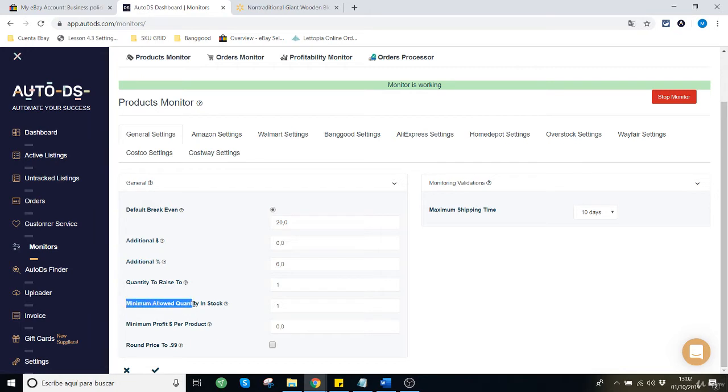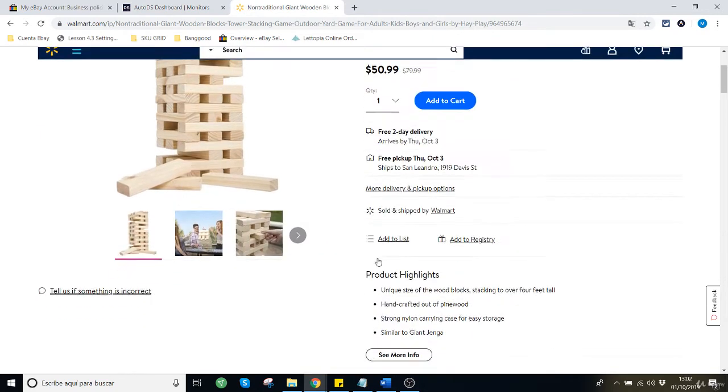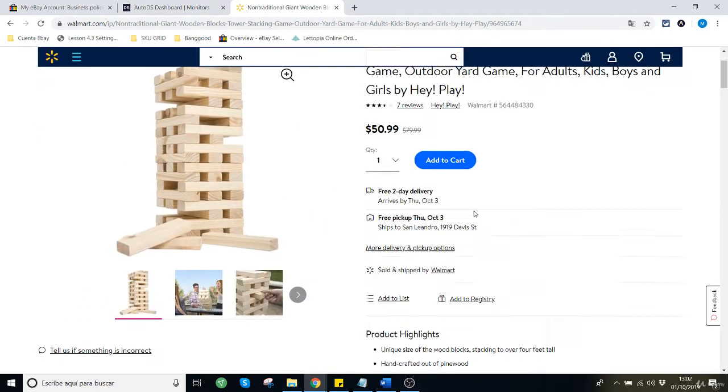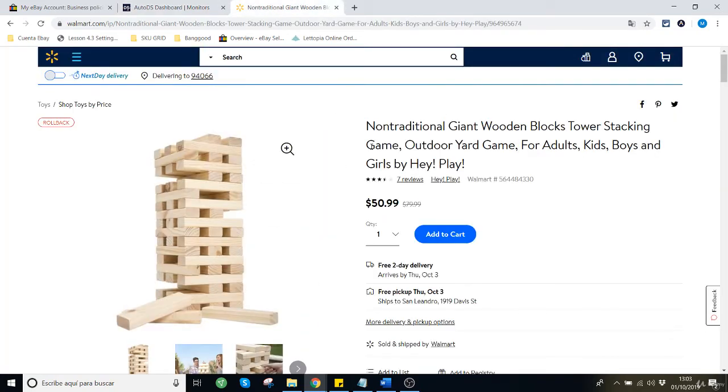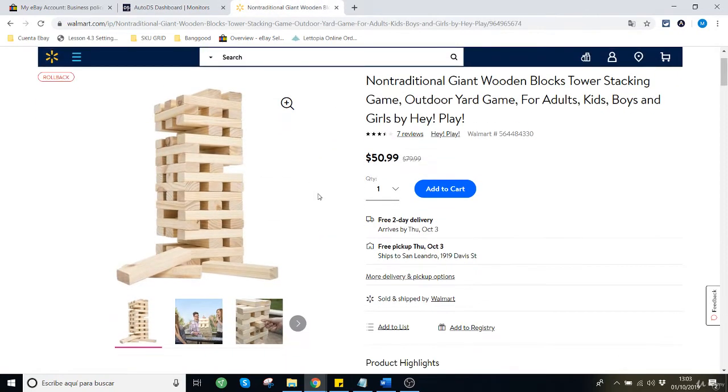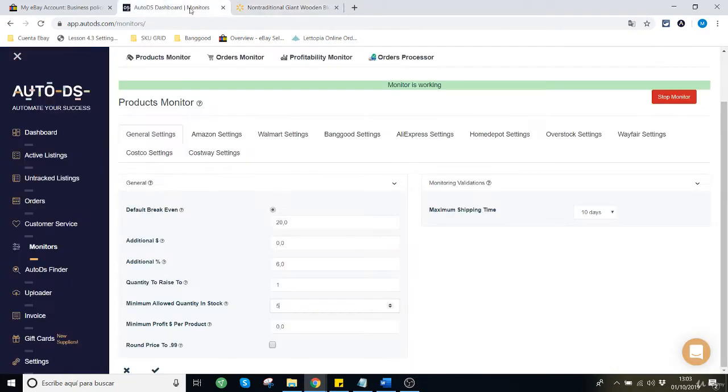Minimum allowed quantity in stock is also an interesting option. Whenever you visit a supplier and want to list an item from it, for example this one from Walmart, this is the quantity the item needs to have at least. If I set this to 5, for example, this means the item I want to list from the supplier needs to have at least 5 in stock to be listed by AutoDS.